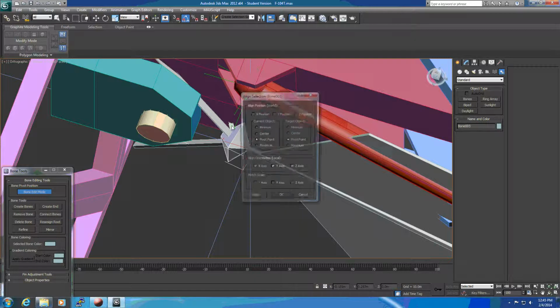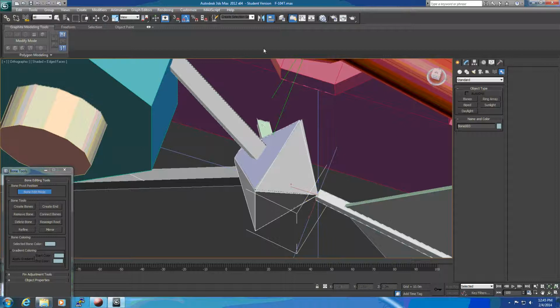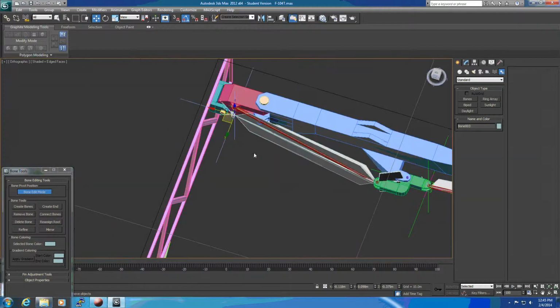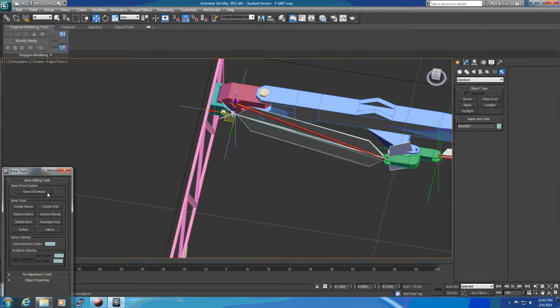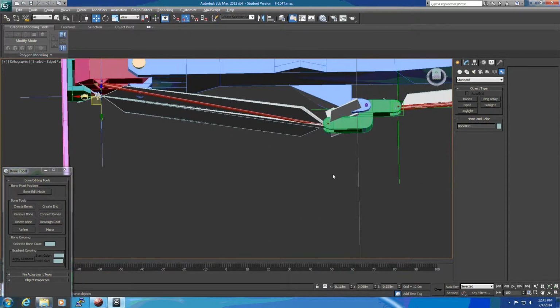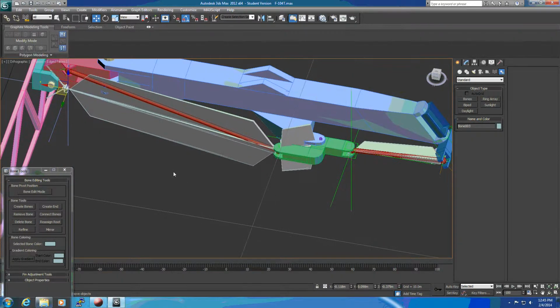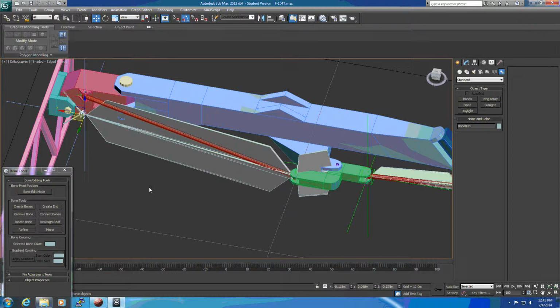And here we go. Last terminator bone aligned with its IK partner. Alright, so here we have our second set of bones perfectly aligned with the IK set of bones. And what we're going to do is start configuring this second set of bones to be expression-based control and operating similar to, but not the same as, the IK set. Alright, so let's go ahead and link our root bone to our landing gear strut,